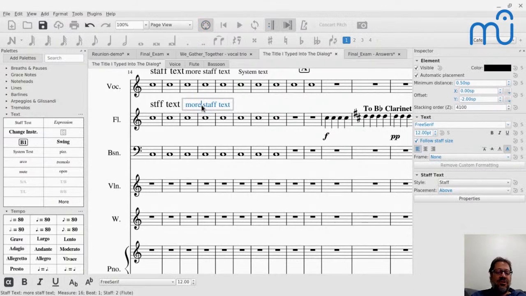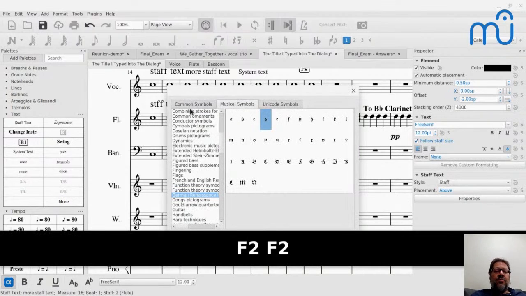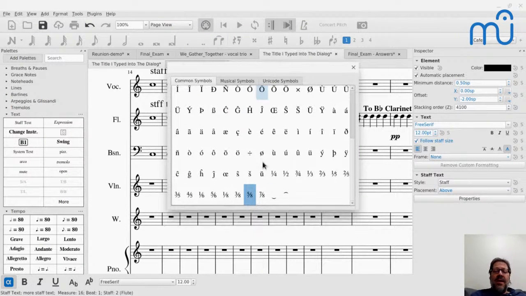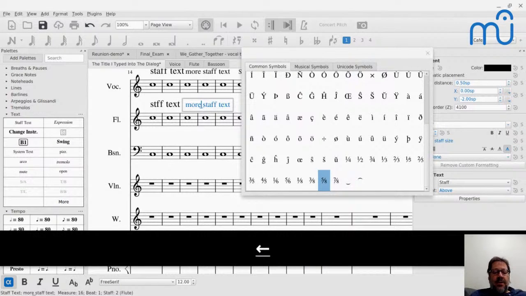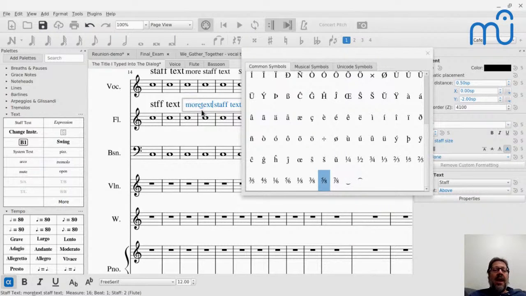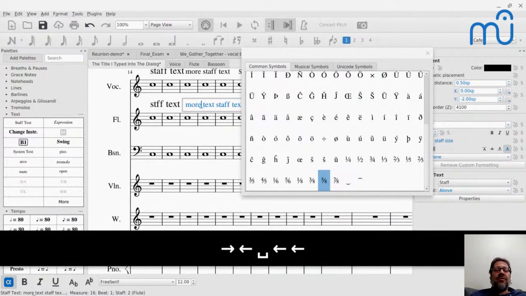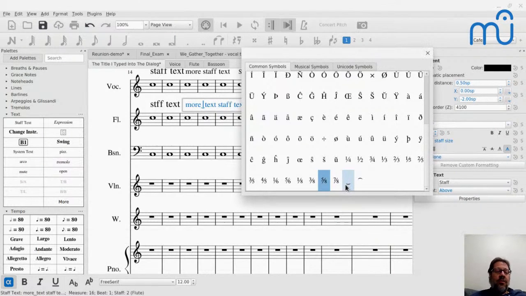We keep talking about making changes, but one of the things that's added in the text palette, so in the special characters palette, if I press F2, under common symbols, we just added the elision bright curved line things. That's what you use to say there are two syllables on a single word. It overlaps them because sometimes that's what you want. If you don't want them overlapped, you just put in an extra space, and now you get it not overlapped. But these characters by default in the font know to overlap.